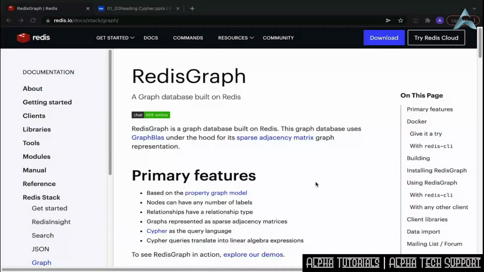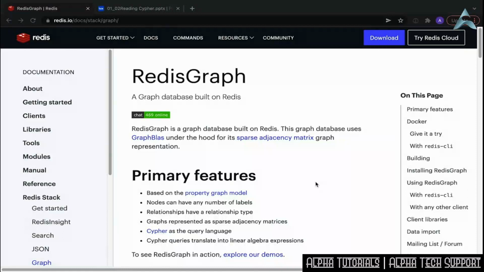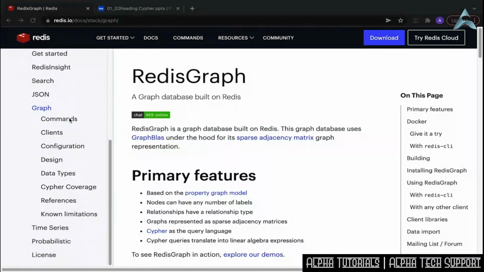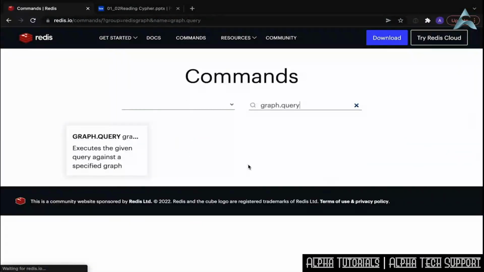So, you're ready to get rolling with creating a knowledge graph, and you've identified RedisGraph as your graph database module. Now, let's quickly learn how to read a Cypher query, the query language needed to interface with RedisGraph. The complete documentation of all the commands is right here on Redis's Quick Start Guide. If we go to Commands here and select Query,